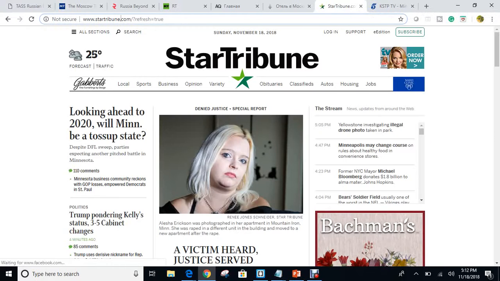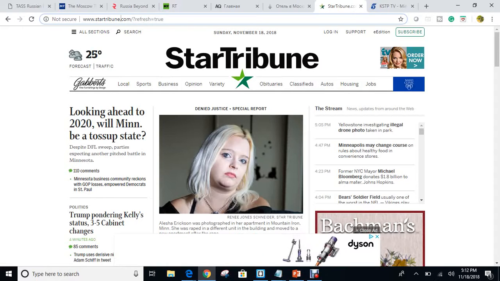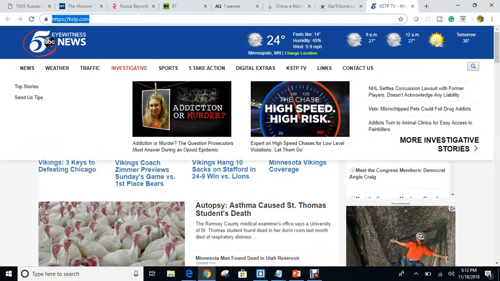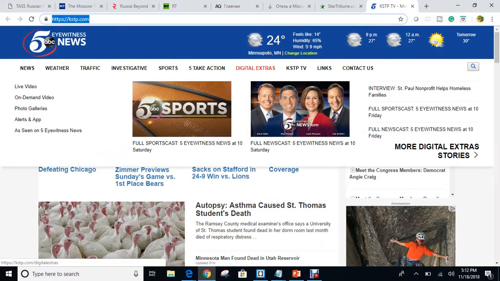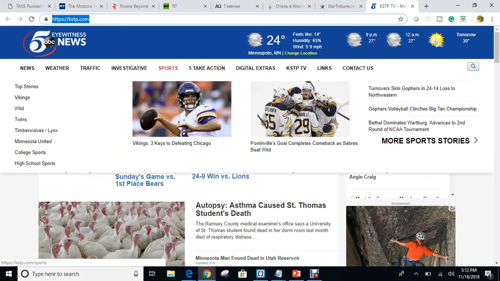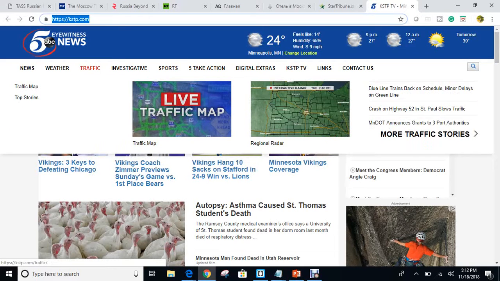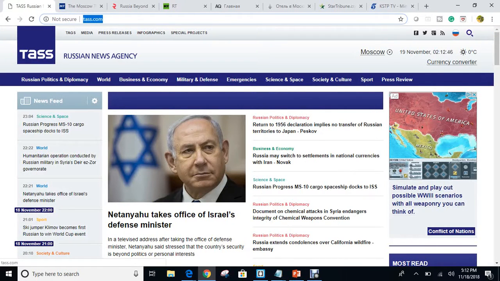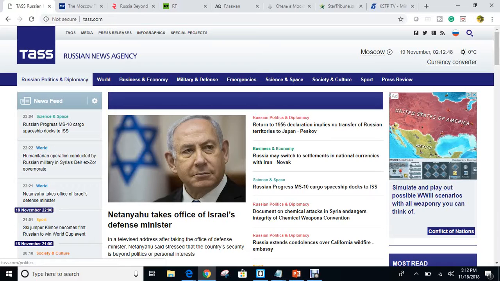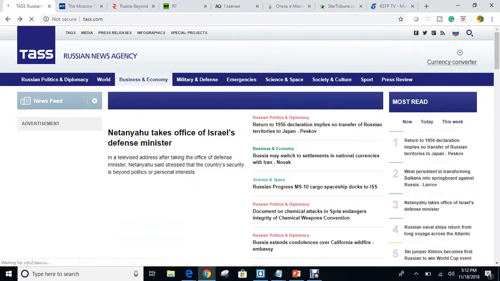As you can see, it has the simple menu bar which is centered and at the top of the screen. KSTP also has the same one, except under some of them when you scroll down, it will give you a bar and it changes for the top stories. But the TASS Russian news website doesn't have the bars that go down. They quite literally just have,